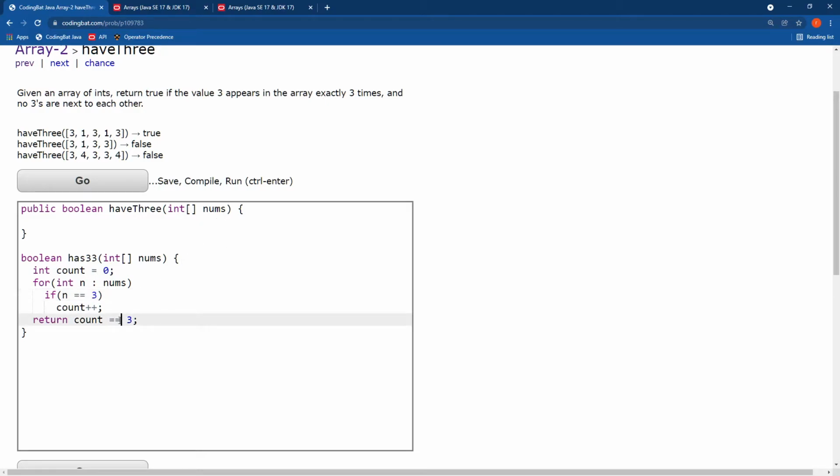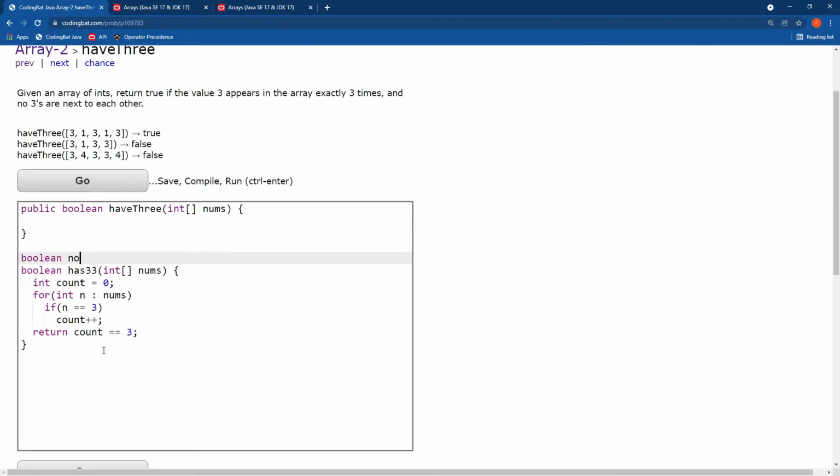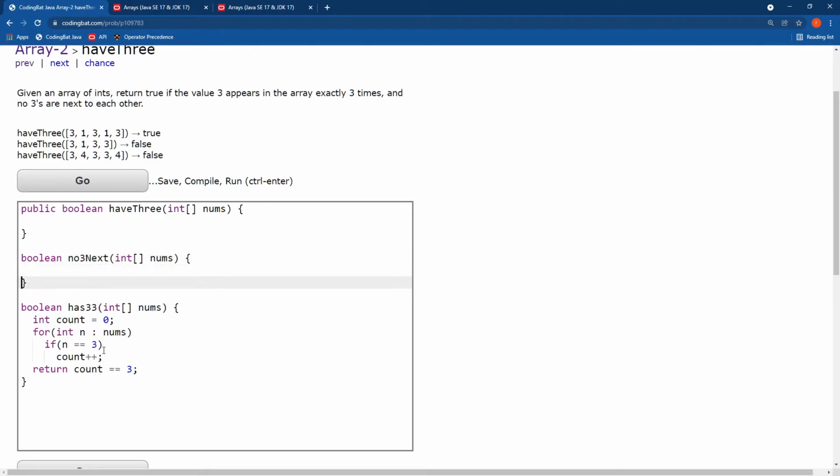And now I need to determine that no 3's in the array are next to each other. So all I need to do is for each index, make sure that it is not true that index i and i plus 1 are both 3. And then I'm going to say boolean no 3 next to 3's. Okay, so for each index in my array, stopping 1 short of the end,